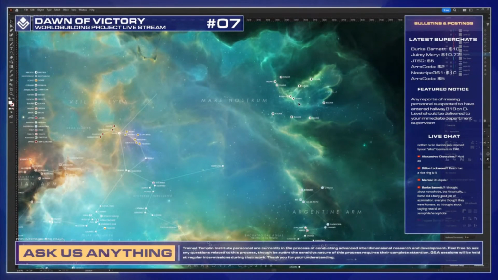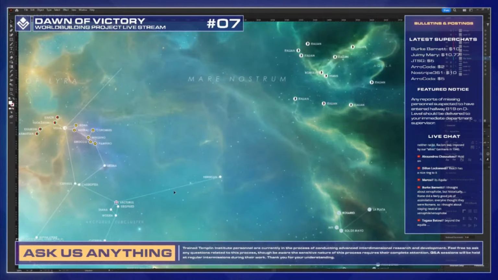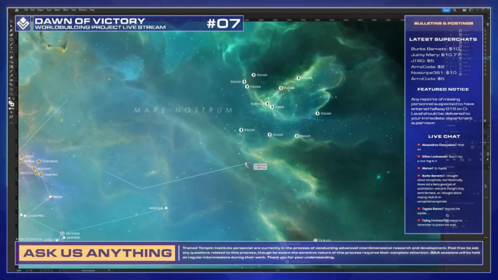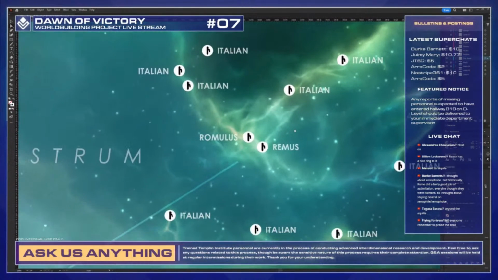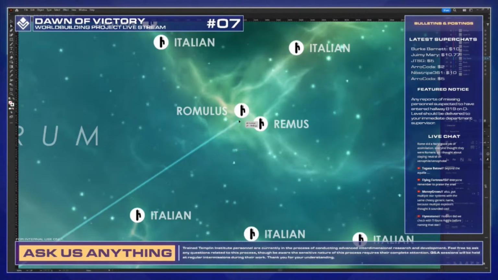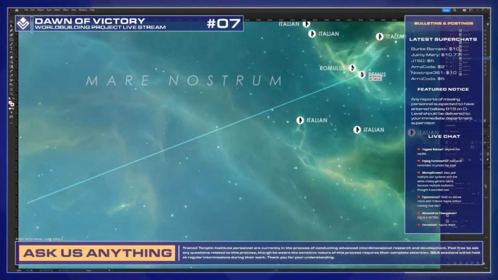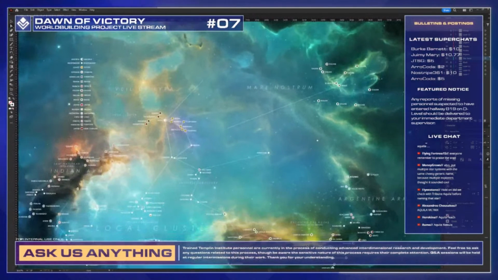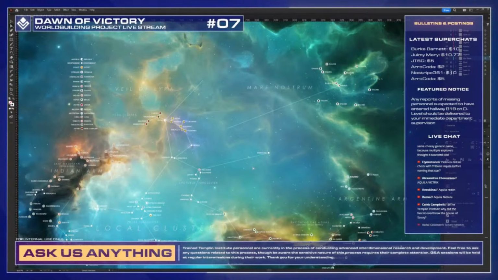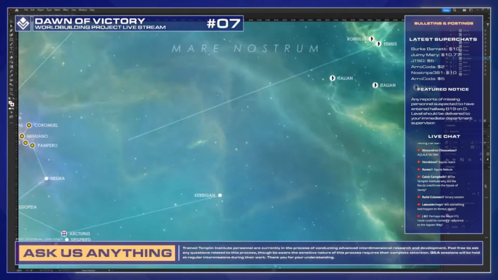So, Romulus and Remus, which I can't get over saying, definitely are the major star systems in the Italian Republic, so let's get them hooked up together. So right now I'm just thinking, if that's where the capital is, then how did the first wave of refugees get into Italy from Earth? How did the evacuation route go? And I think what happened is they probably... I mean, this is too long, right? But they probably went